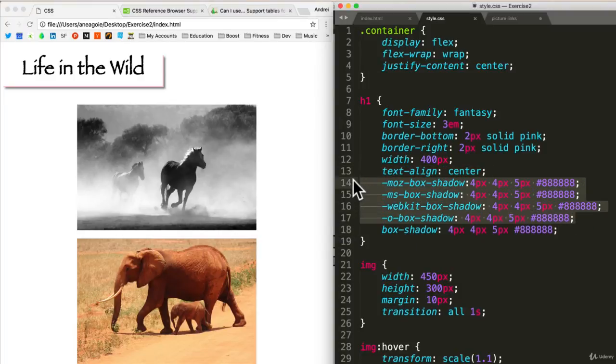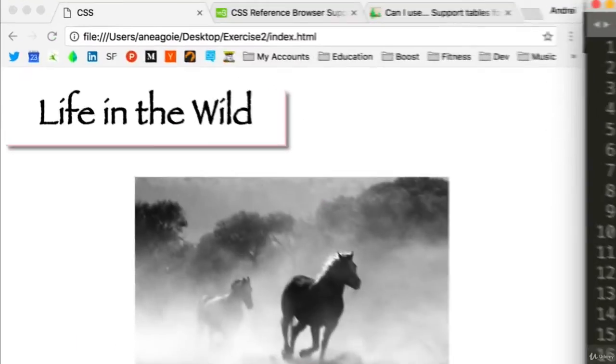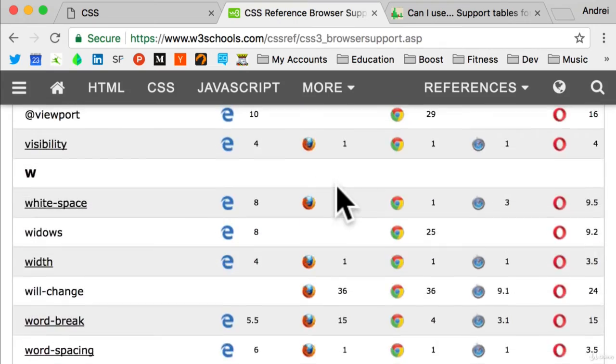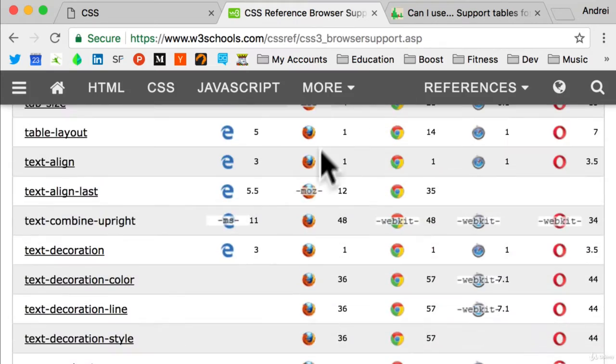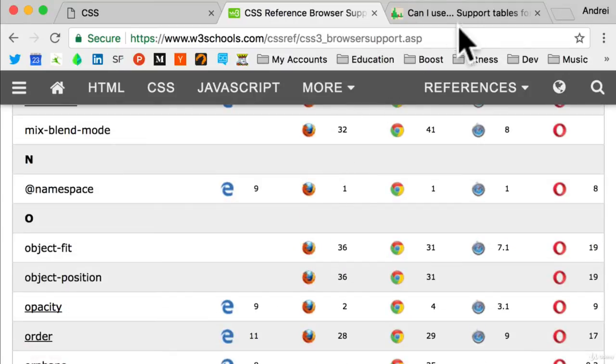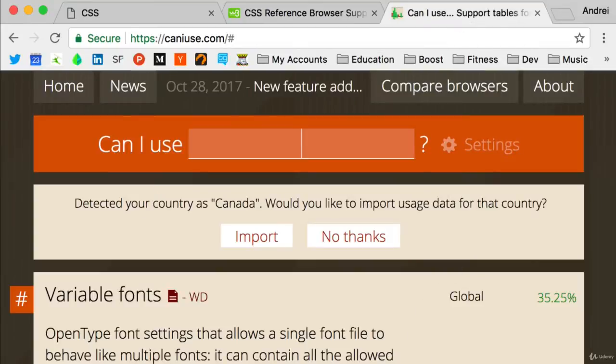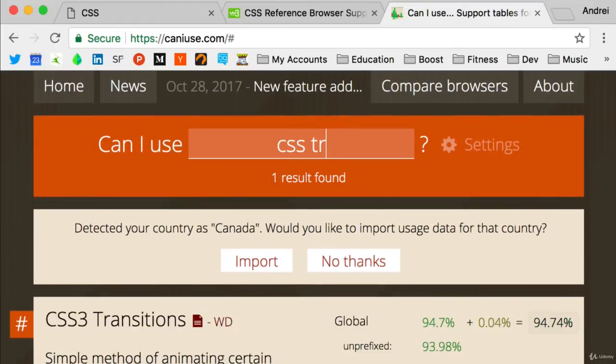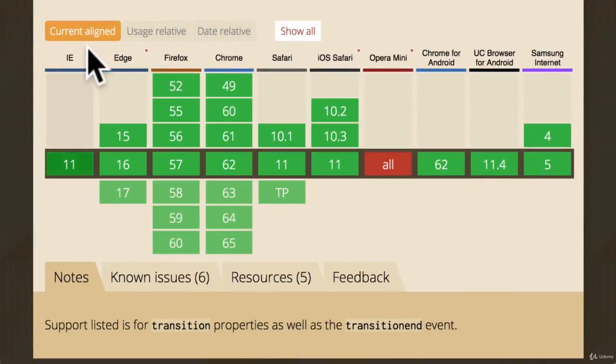But there is one great way of seeing if a certain property still needs browser prefixes, and that is using something like this reference, which I will leave for you so you can check it out. Another thing I wanted to show you is Can I Use? So caniuse.com is a great resource to see anything that you might want to try out. So if I type in here CSS transition, you'll see CSS3 transitions are supported in all these browsers,